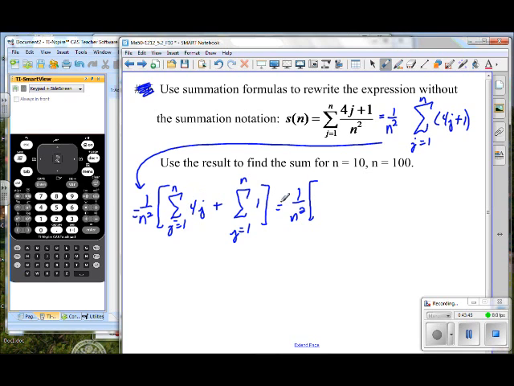Here we have another scalar, so that's 4 times the summation as j goes from 1 to n of j, plus, now this is that constant, and remember we can reduce that down to the constant times the number of terms. That's back on the first page of these notes. So we've got 1 divided by n squared, we have 4. And now this term right here, this is the Carl Friedrich Gauss